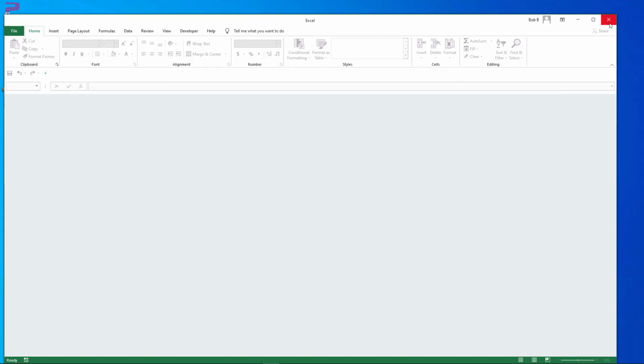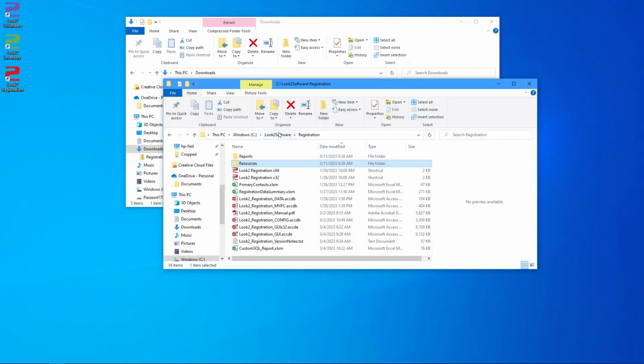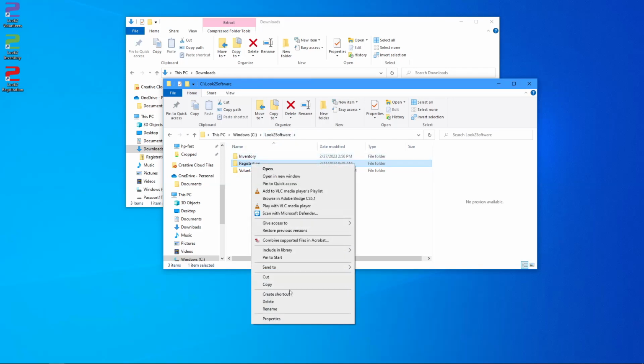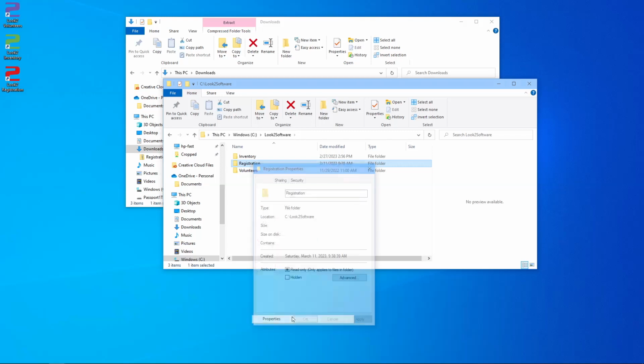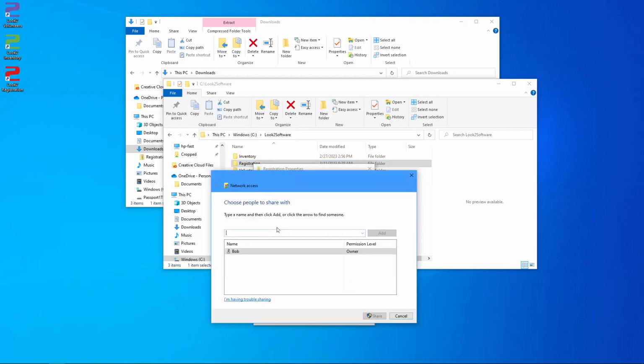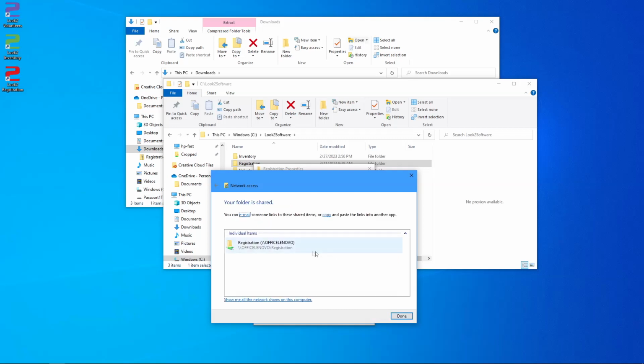The final installation step is to map the R drive. Right-click the registration folder and choose Properties, then the Sharing tab, and click the Share button. Here we'll pick everyone from the list. Click Add, and give them read-write access. Then click the Share button. Consult with your IT staff to determine the settings that are right for your organization. When done,